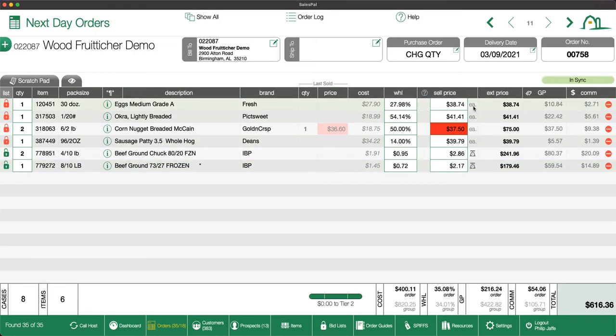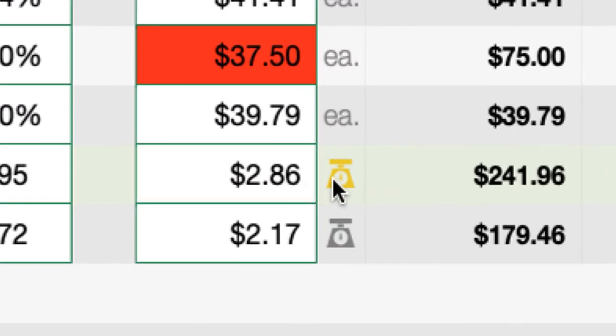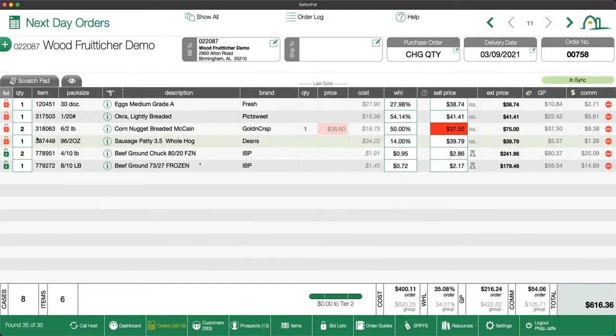Also want to point out to you that this symbol right here indicates that this is a catch weight item and this is a non-catch weight item. So the price here for one is $39.79 each. This is for one unit, $2.17. When you need to see the math, how we arrive at this extended price on a catch weight, just